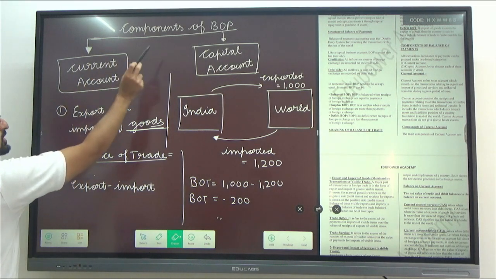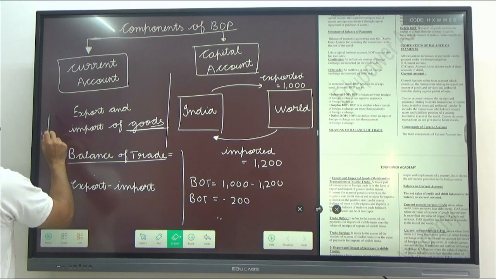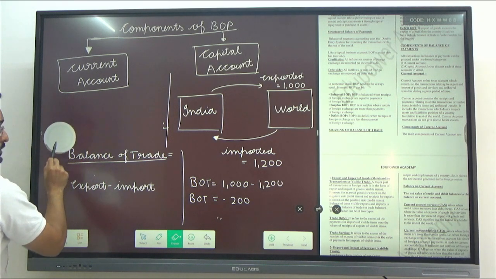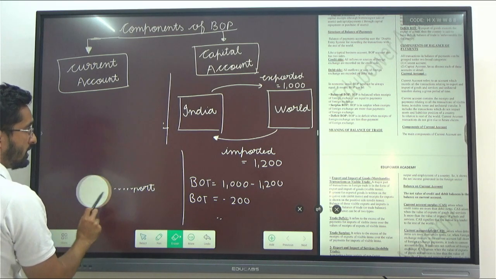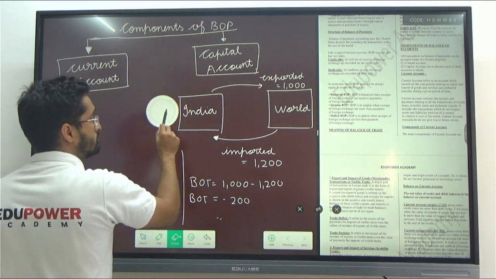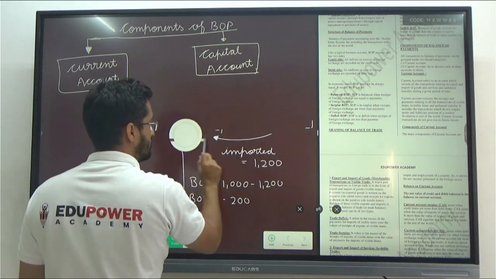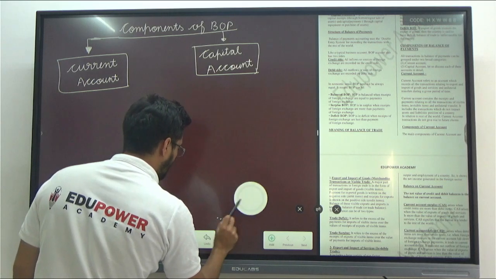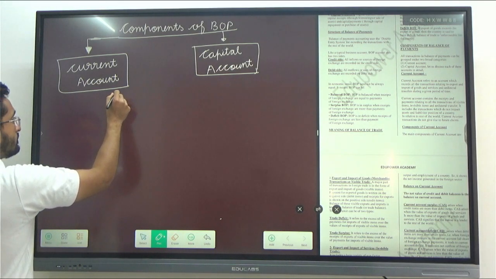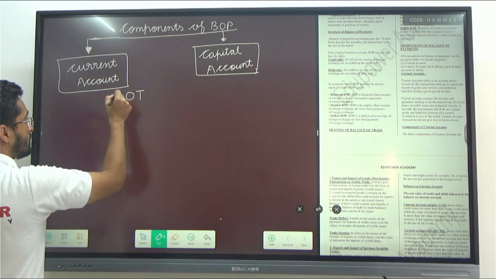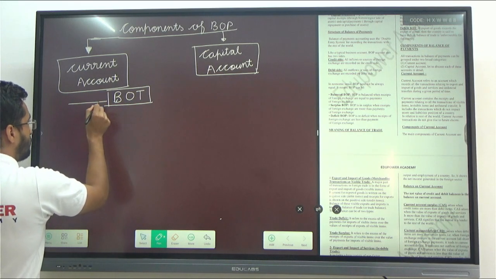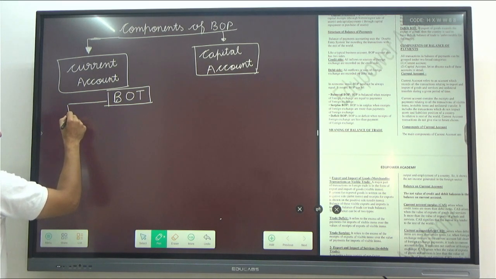So, what are we studying? We are studying current account, and in current account we are studying the first head, which is export and import of goods. Okay. Now, balance of trade is nothing but export minus import. Now, balance of trade BOT, there can be three situations. The balance of trade can be either surplus,